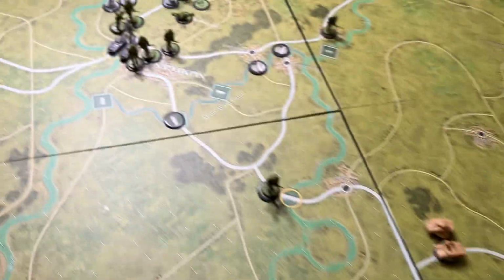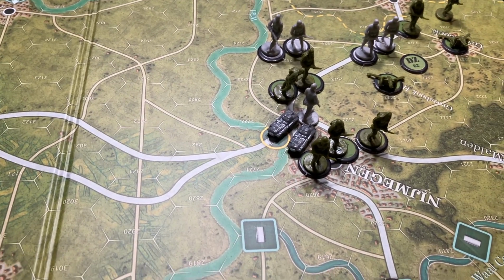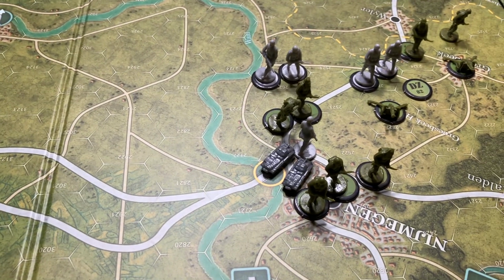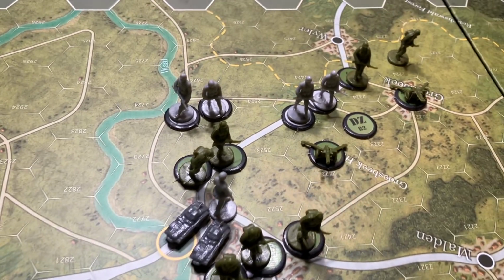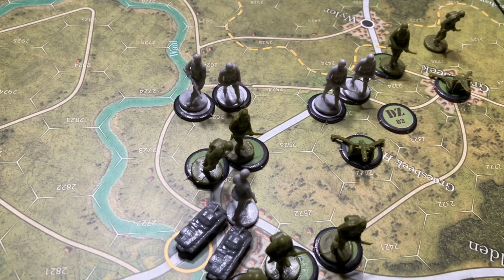Up in the north, near Nijmegen, the 82nd caused more damage here. Now all 3 of the German units holding the town have each suffered a step loss. So we'll see what the 82nd can do, but they're under some pressure themselves with reinforced German infantry now directly